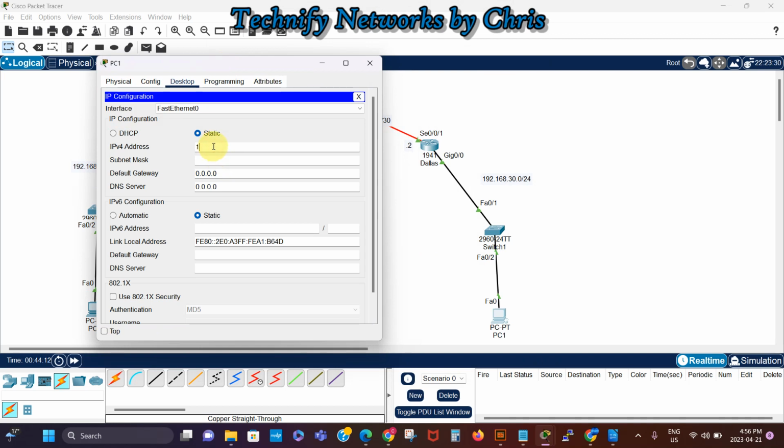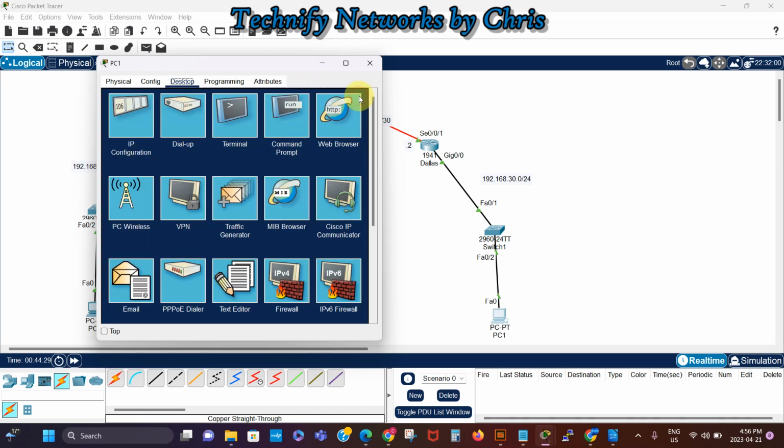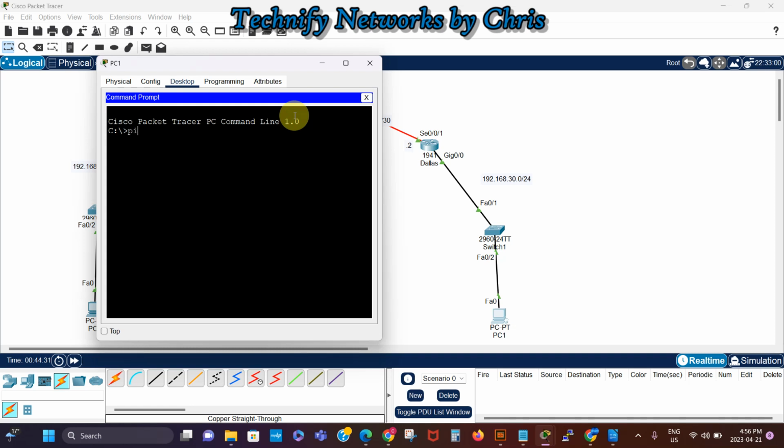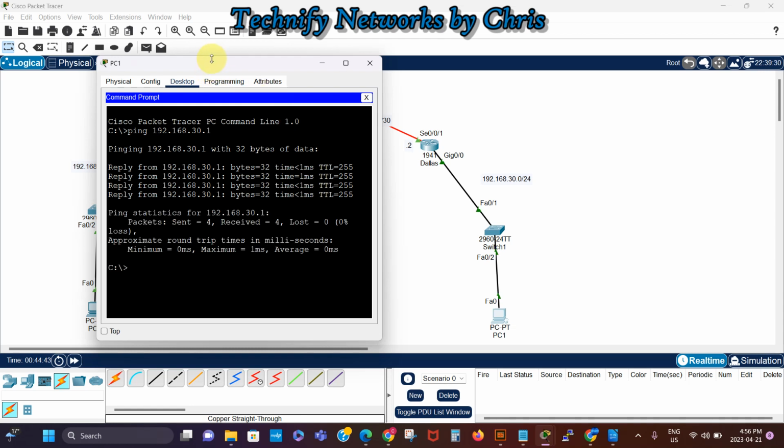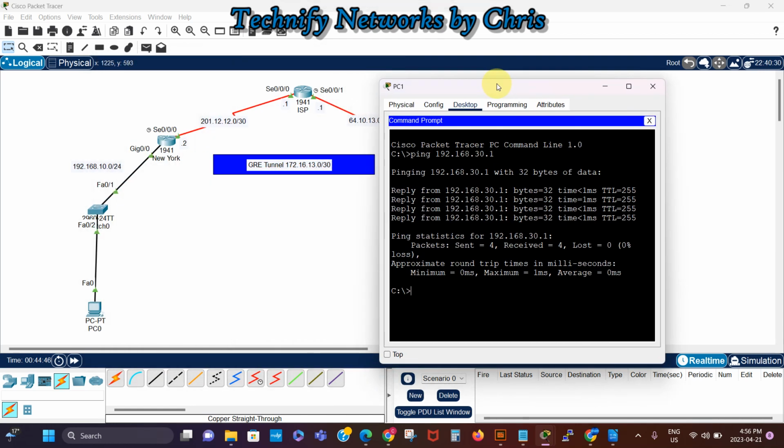So that's 192.168.30.5. We start with .5. Then the gateway is going to be .1. So I'll change that to .1, and then we try to ping our gateway from there as well. Ping 192.168.30.1. So it's successful. So if I try to ping the other PC now, it's not going to work because we